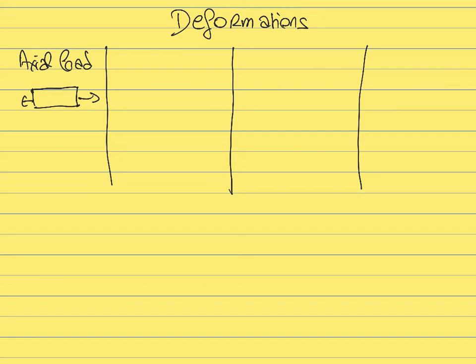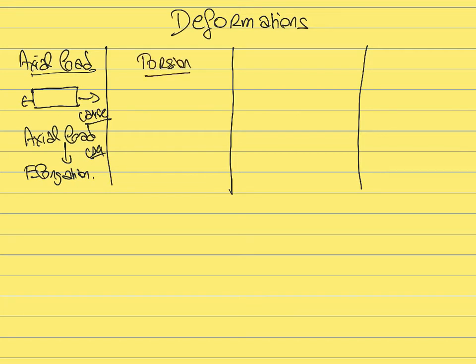So in this case, the cause of the deformation will be the axial load that is applied. This is going to be the cause of the deformation, and then the consequence of this deformation is going to be the elongation of the beam. The elongation itself of the beam will be the consequence. So what we are going to see is how to relate the cause to the consequence. We are going to see that in the case of the axial load for this week, but we are also going to see in the following week some other types of deformation. For example, the case of